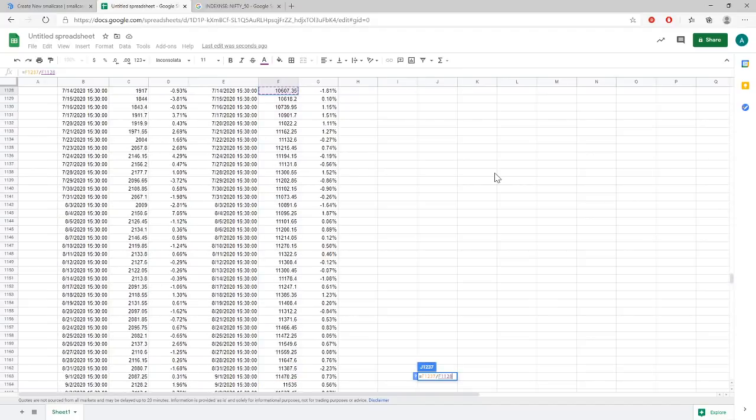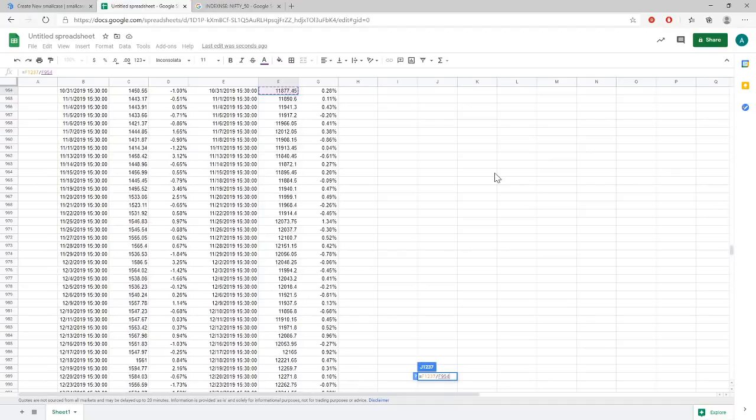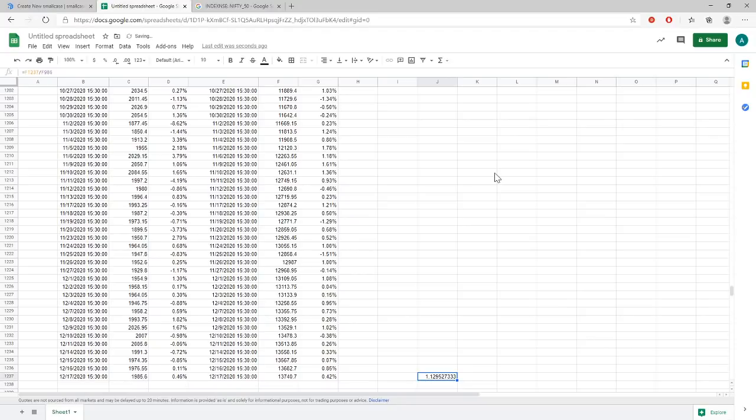So basically, taking the 1 year return, I take the value as on 17th December, and I take the value as on 17th December in 2019. I do the same thing, minus 1, and I can show it in percentage terms. So Nifty has basically given around 13% return in the last 1 year. So this is how you calculate returns.